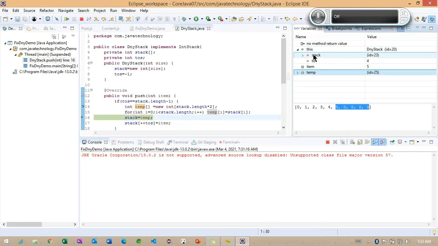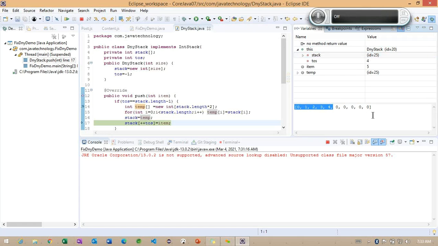So inside this particular stack, you can observe it is having 0 to 4. Whenever this particular line number 16 is executed, this is going to increase. So carefully observe here. The same stack here, initially up to this we are having. Now it has increased to this bigger size.